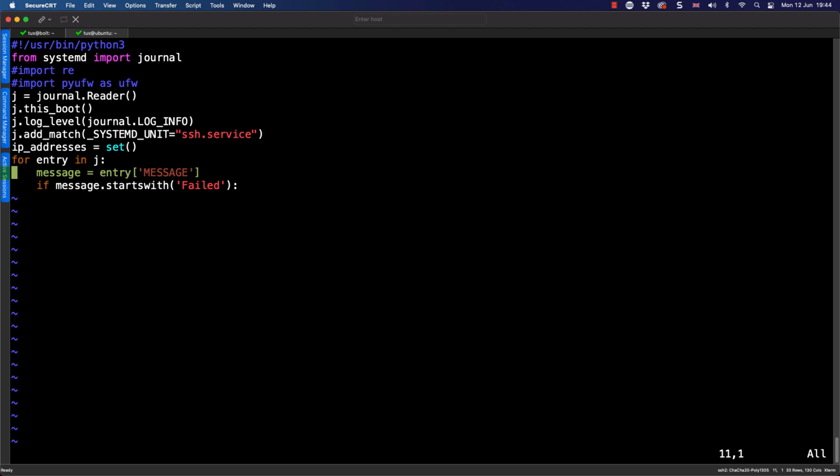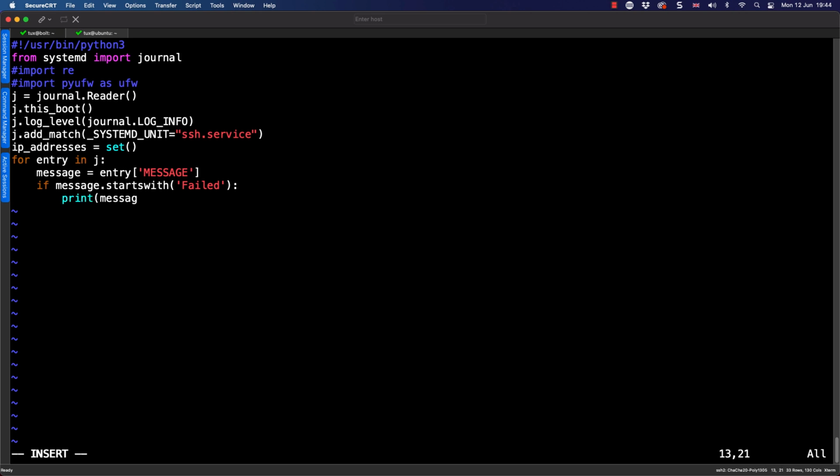So rather than pull out the whole line, we can just pull out the message portion of it. And then if the message starts with, and this is where an IDE can be really useful because I could go onto the properties of my message and be able to find out that it's got a method called startswith. And we're going to say startswith Failed. So that will be my failed logins for invalid users, my failed logins for root or whoever.